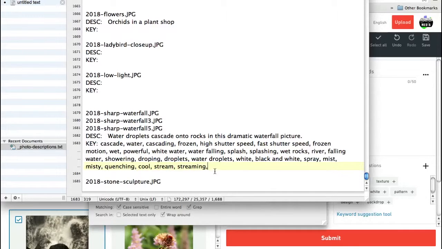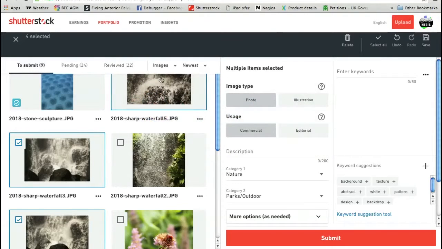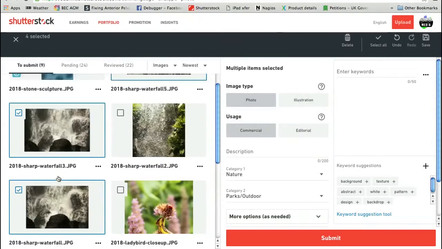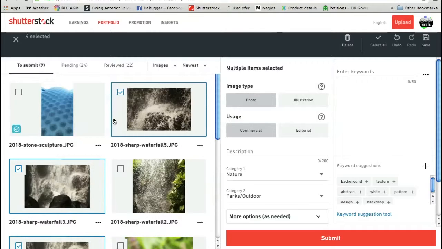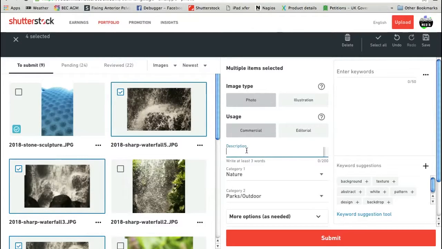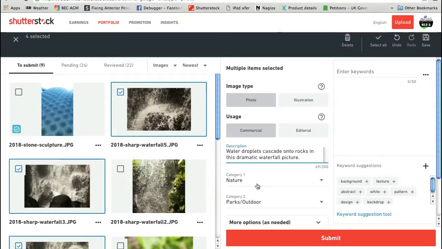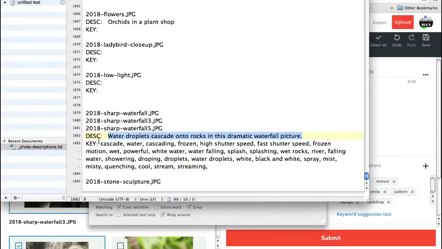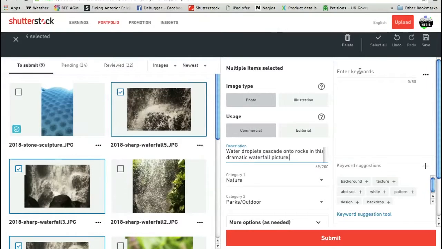I think that will do. What I've done with the keywords is I've put a comma between every word. Okay, so now I am ready to put them into Shutterstock. So I've already got my 3 pictures selected, which I'm going to have identical descriptions on. Now all I need to do is copy the description, paste it in that box. I've got my categories already, so now I copy the keywords, paste them there,